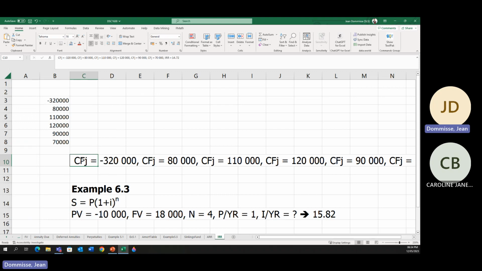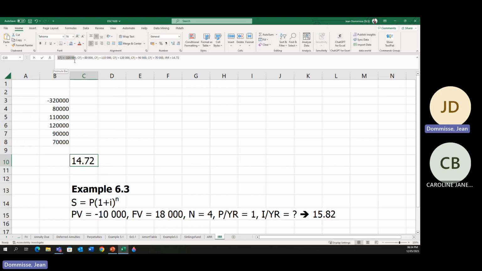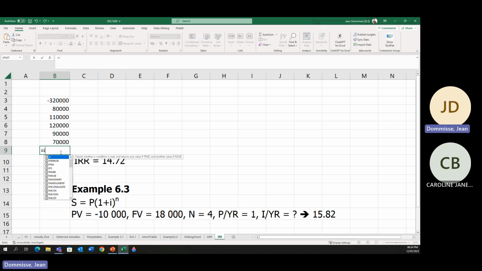Okay, so let's just quickly check. It is 320, 80, 110, 120, 90, and 70. So if it can be the internal rate of return,